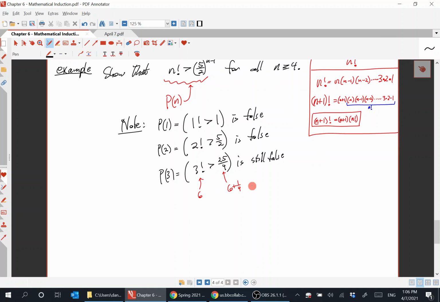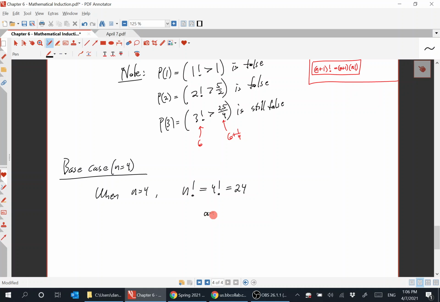Okay, so that predicate Pn is not always true. In the previous examples, it was always true everywhere it made sense. Here, the predicate makes sense for n equal to 1, 2, and 3, but it's still false. So here, the base case is n equal to 4. When n is equal to 4, 4 factorial is 24. And 5 halves to the n minus 1, well, is equal to 5 halves to the third, which is equal to,